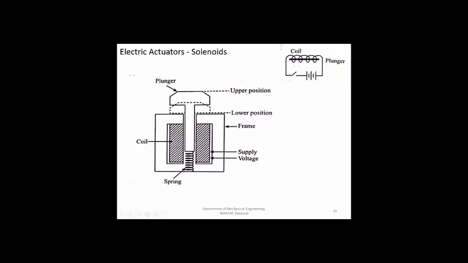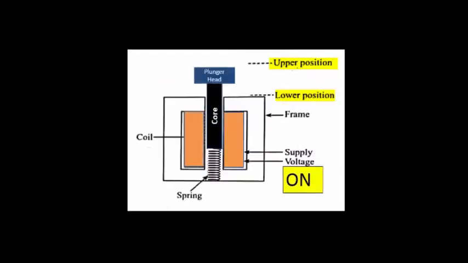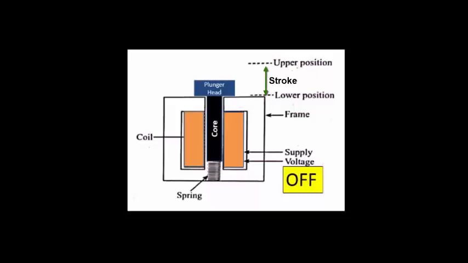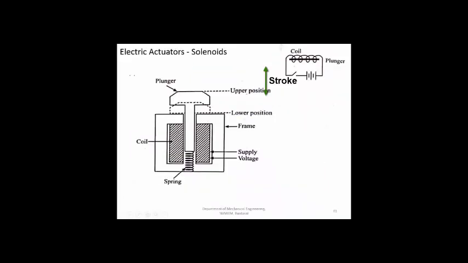For small lengths, if you want a very strong movement or a very fast movement, you can have something called a solenoid. So the linear actuator in the electric drives will be a solenoid. The main advantage is you can operate at very high speeds. The disadvantage is the amount of stroke, or the amount of movement it can generate, is very, very small. It is mainly used for controlling valves or maybe some levers. If you want to operate those elements, you can use a solenoid.